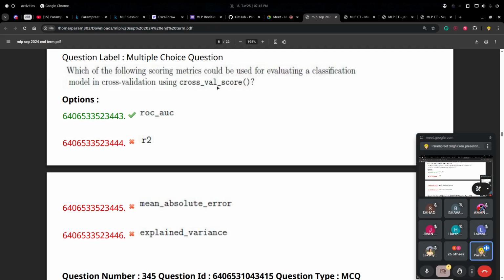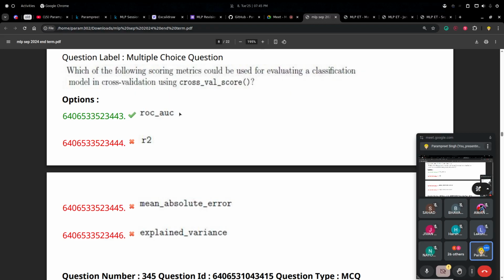MAE is used for numeric data. R2 and mean absolute error are both used in regression problems. As this is a classification model, the only thing we can use is